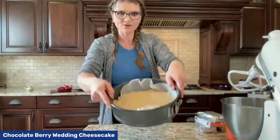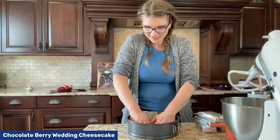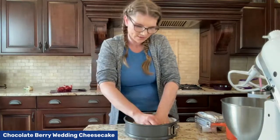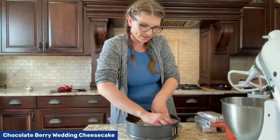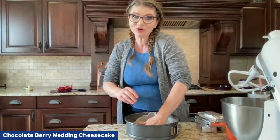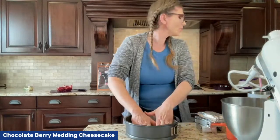Okay, so can you guys see this? I'm just pushing it in. Now you want to make sure you push it in nice and tight so it's not crumbly. So get the edges really good so that when you go to take it out of your springform pan and put it on a decorative plate or put it on, I don't even know what the thing I use is